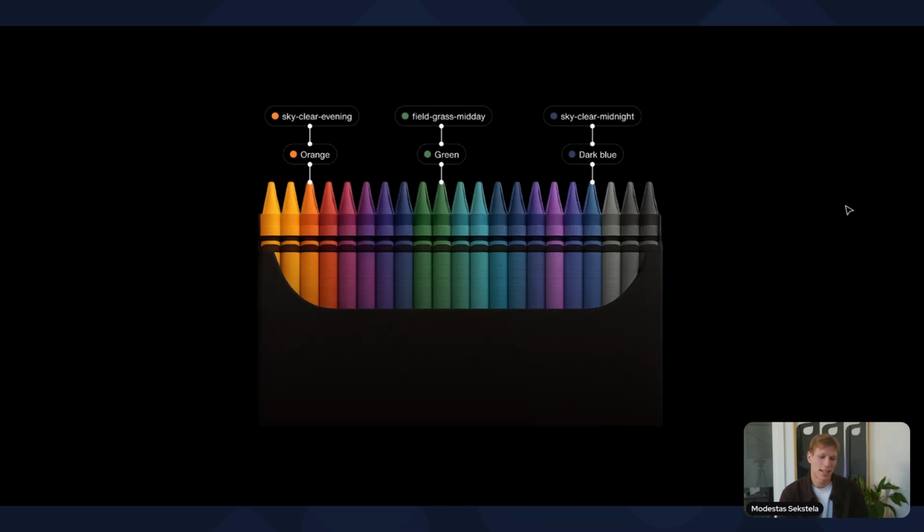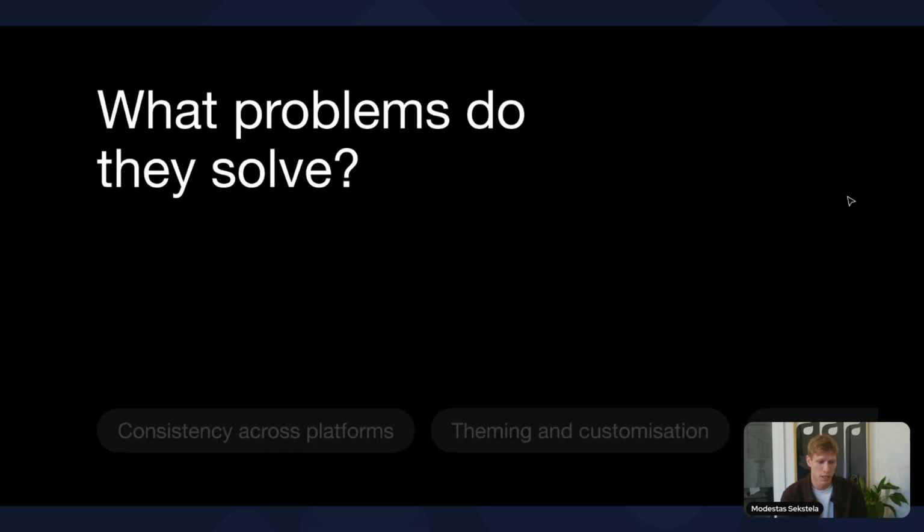And these types of tokens are usually used very rarely, maybe 5 or 10% of the time. So we're only strictly reserving those for very specific use cases. Generally speaking, these two layers usually power 80 to 90% of our UI. So now that we got that out of our way, let's talk about what kind of